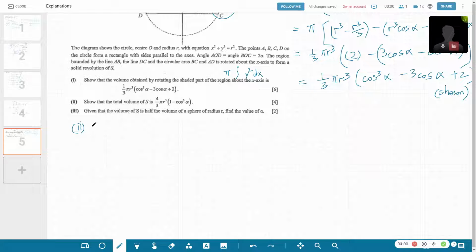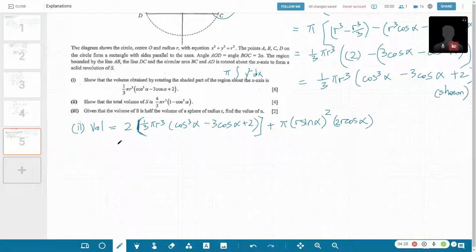So for part 2, the volume is just 2 of 1/3 pi r cubed, cosine cubed alpha minus 3 cosine alpha plus 2. Let's make this a square bracket here. Plus pi r squared h, 2r cosine alpha. Because there's 4 over 3 pi r cubed, we can take out a 2. There's a 2 here and a 2 here. So I can take out 2/3 pi r cubed first, to make things simpler. I'm left with cosine cubed alpha minus 3 cosine alpha plus 2 plus